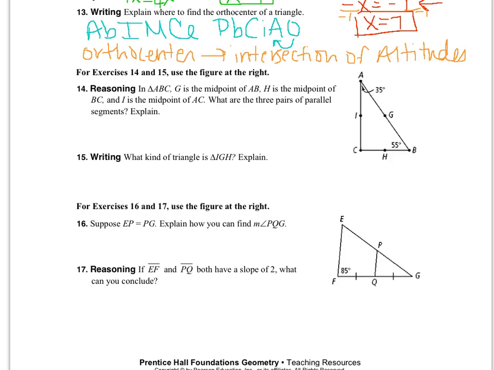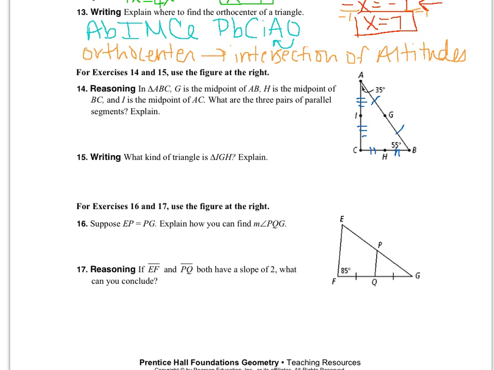Okay, so I've got a picture and I've got this word problem here. Let's read through. In triangle ABC, G is the midpoint of AB. As soon as they say midpoint, I'm thinking I need to mark my picture up. So boom, boom, midpoint. H is the midpoint of BC. Boom, boom. And I is the midpoint of AC. Boom, boom. So I have all of these midpoints, and I know that in a triangle, if I connect some of